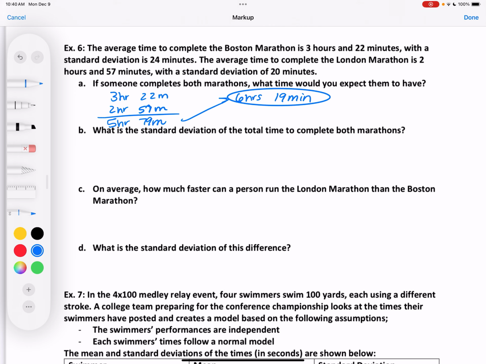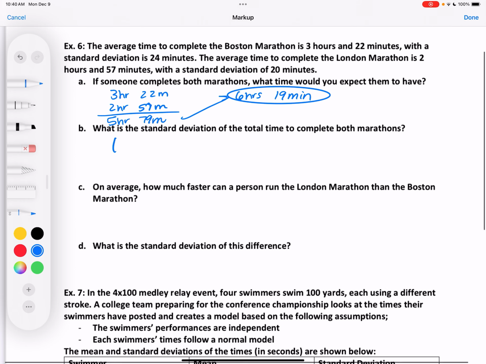Now, what is the standard deviation of the total time to complete both of them? So remember, we can't add standard deviations. So I can't just say 24 plus 20. What I need to do is square both of those, add them together, and then take the square root of that number. So I have 24 squared plus 20 squared, which is going to be,